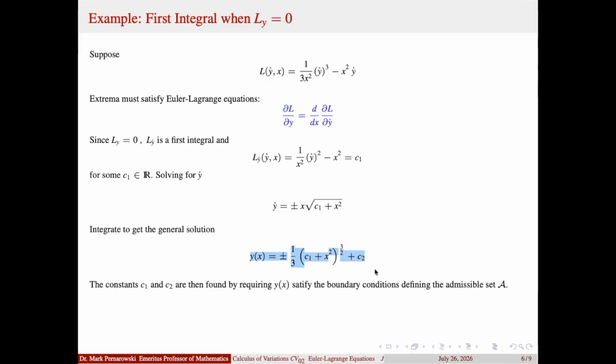The way you find those constants C1 and C2 is you make them satisfy the boundary conditions. The y has to satisfy whatever boundary condition you're given at the left side and the right side. So that's two equations for two unknowns. We won't do that here. We'll do the second case where,